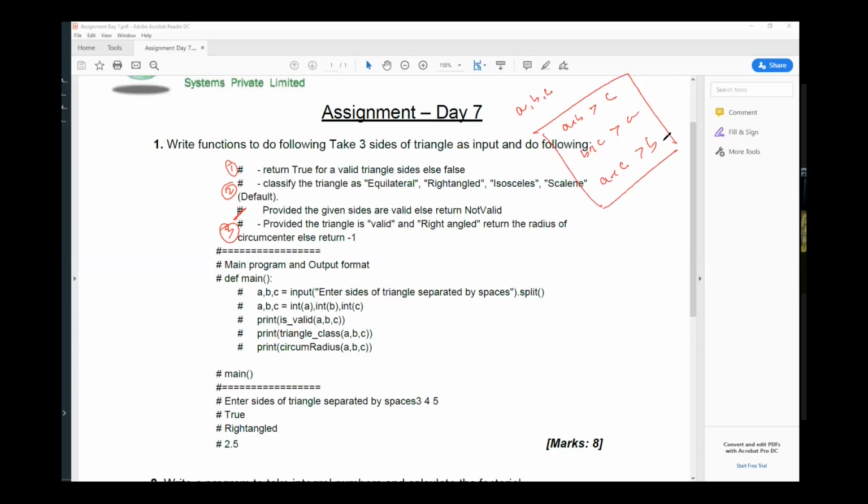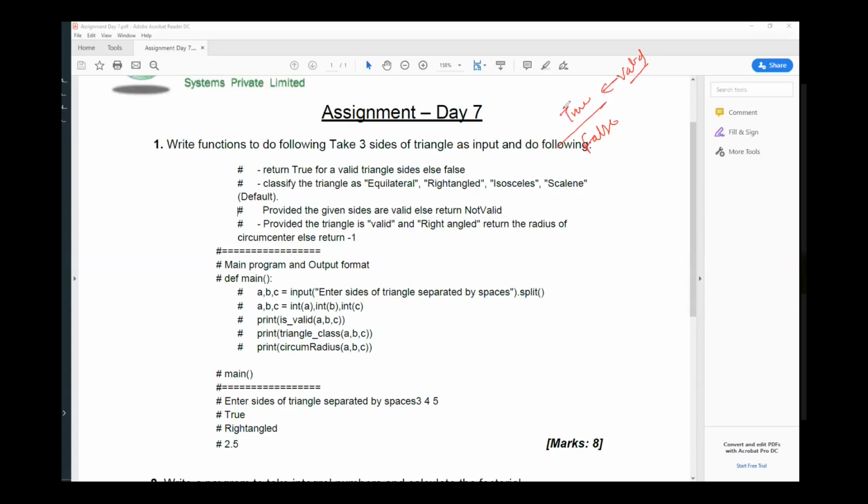So when I say return true for valid triangle sides else false, you will need to create a function which will return true or false. It will return true if the sides that you took as input will actually form a triangle.